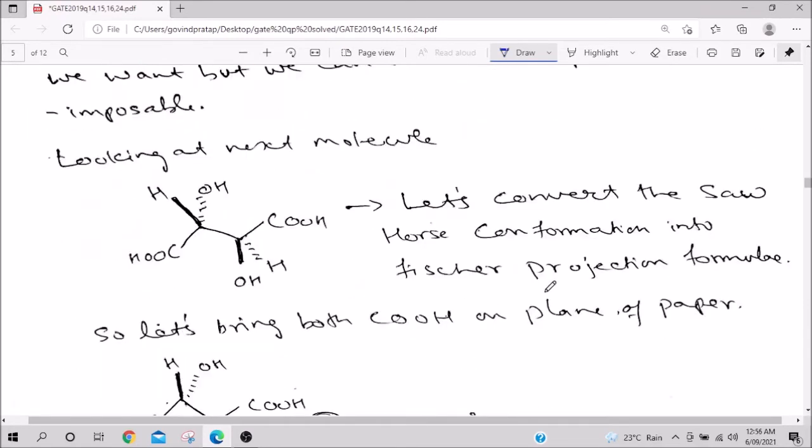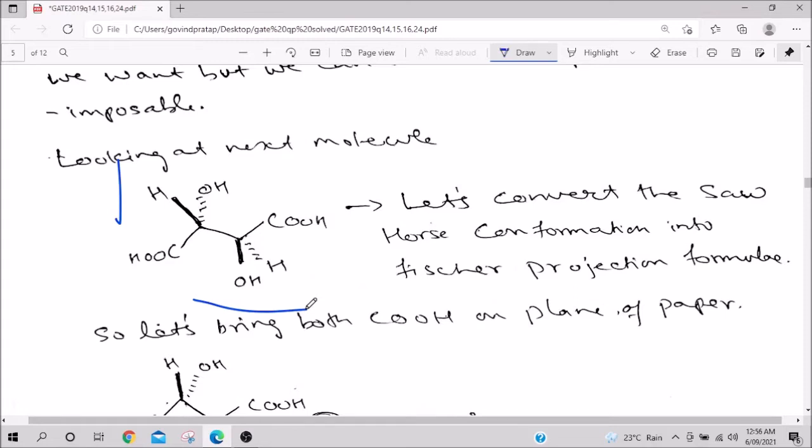Now, next molecule. You can do this also with the Sawhorse projection formula, but it is better to convert them into Fischer projection formula. In Fischer projection formula, you can very easily make out whether a molecule is meso or not. That means, does a plane of symmetry run through it or not. So, how to convert this Sawhorse into Fischer? You first make it into